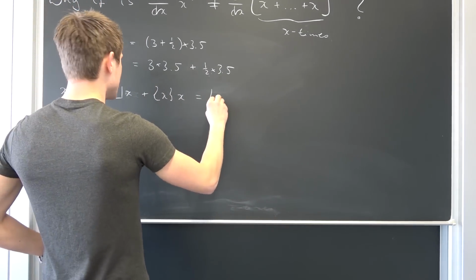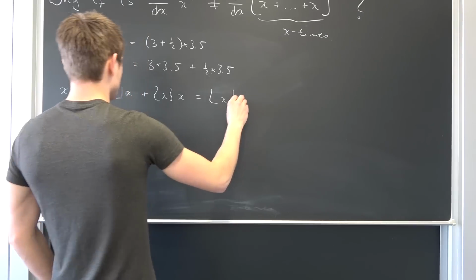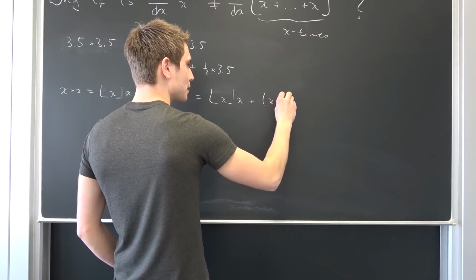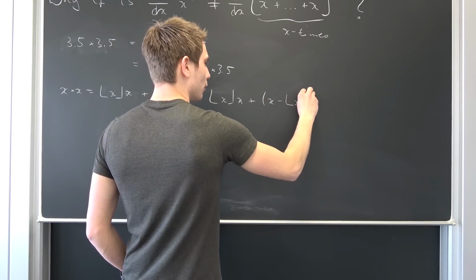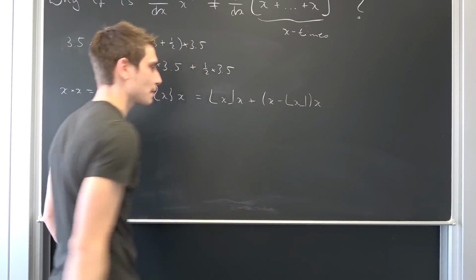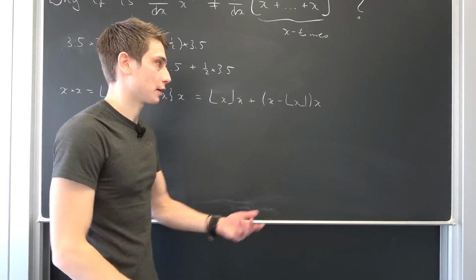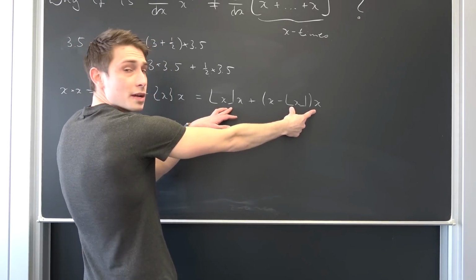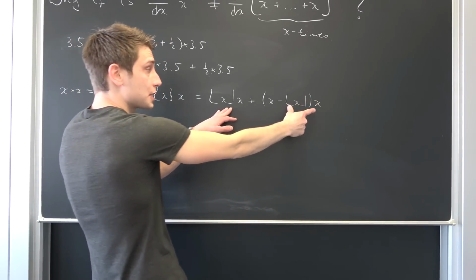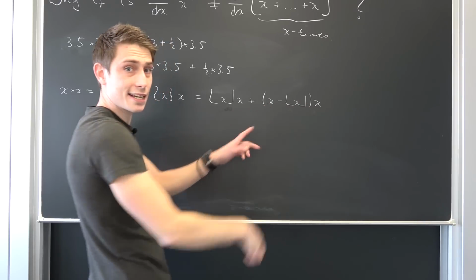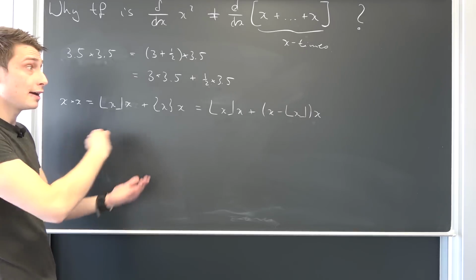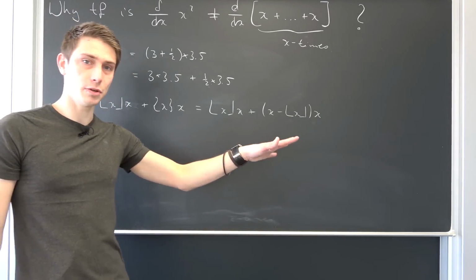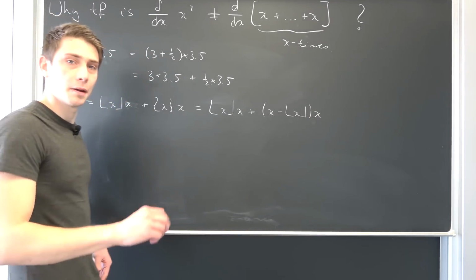So we can actually rewrite this as the floor of x times x plus, okay, and like I said, this is nothing but our number x minus our floor function that we have times x. And well, if you straight through calculate this, you can use the distributive laws once again. You get this term and this term as the inverses from each other, the additive inverses, and you get x times x, which is nothing but x squared, and voila, exactly what we had in the beginning. Okay, this is cool. This is kind of our new addition being defined right here, but we can do better,